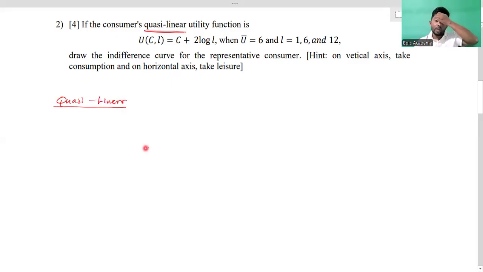Quasi-linear means basically we know how consumer demand arises. The consumer demand curve for one good, one commodity,